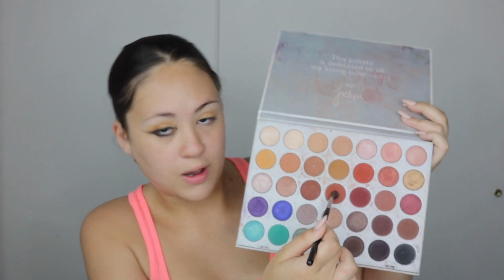But I feel like the crease is kind of plain. I want it in depth, so I'm gonna go with the Jaclyn Hill palette. Use this shade right here in my Morphe M506. This eye I'm gonna teach more for beginner kind of looks. So I'm gonna do the same eyeshadow steps. The only thing that's gonna be different on this eye is the way I do the liner on top, but